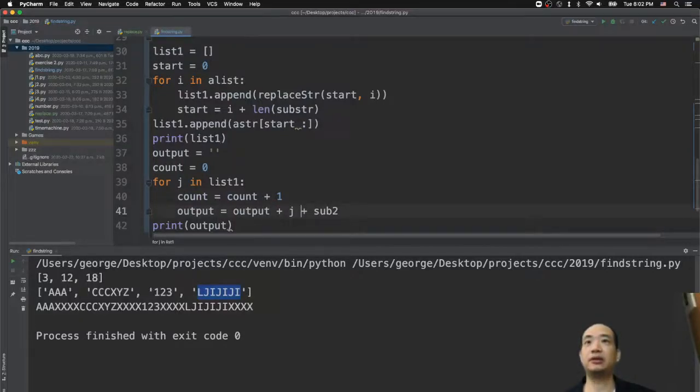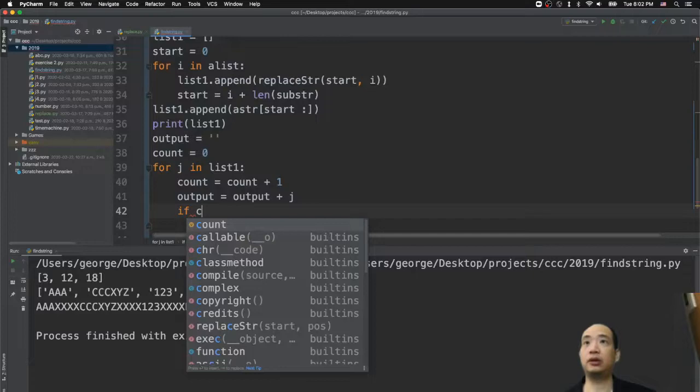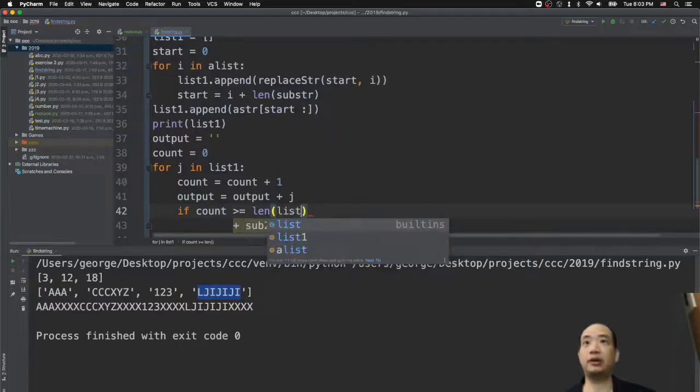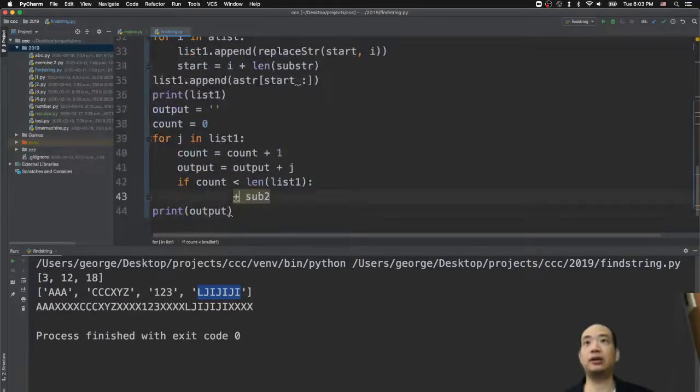Okay, so you might just think, if you do it like this: if your count is greater than or equal to the length of the list minus 1, I mean, if you're less than, and then you should do